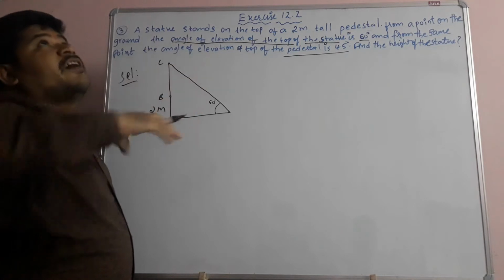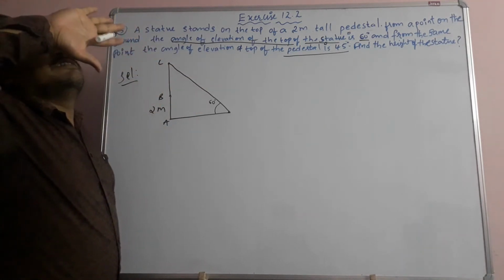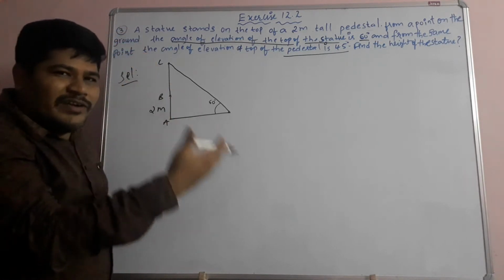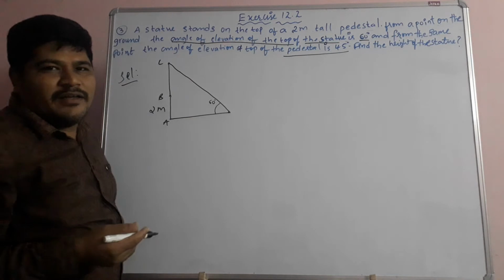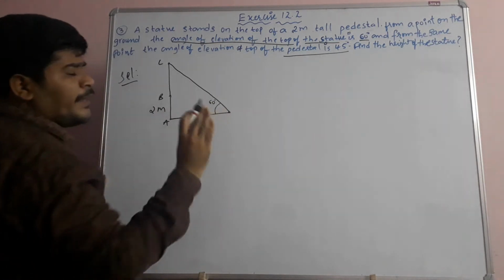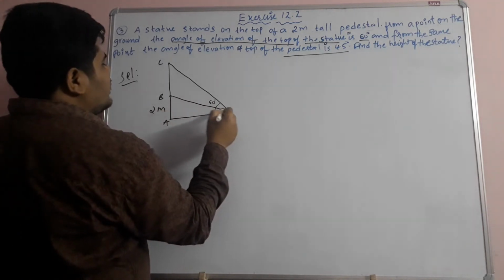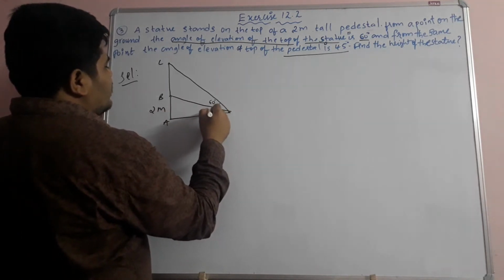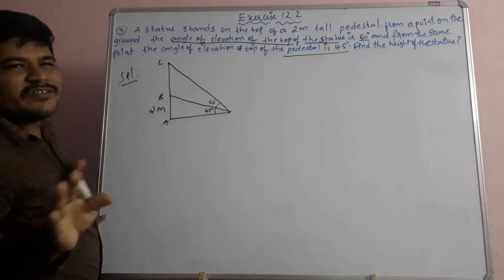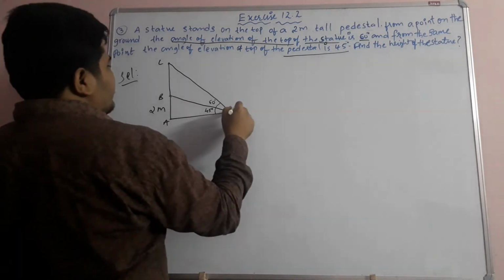When we look up higher, we take a larger angle of elevation. When we look lower like this, the angle decreases. So from the same point, the angle of elevation is 45 degrees. And children, the height of the observer is not given, so you can neglect it. Name this point D.